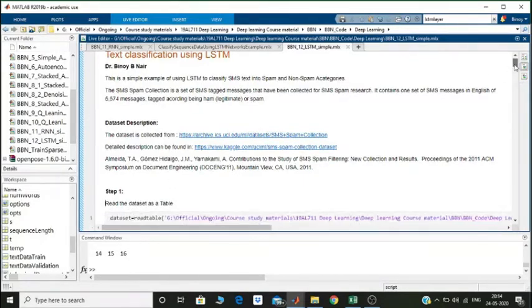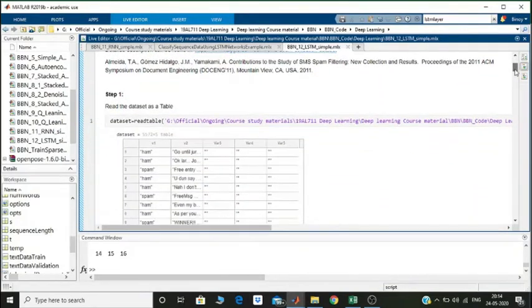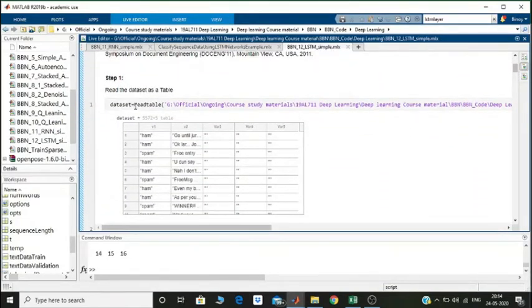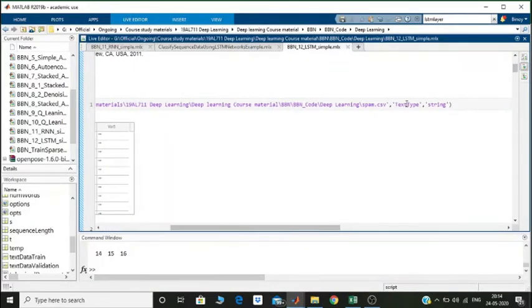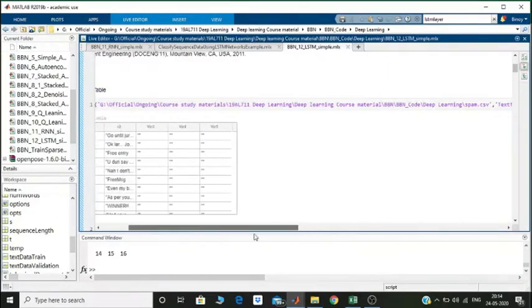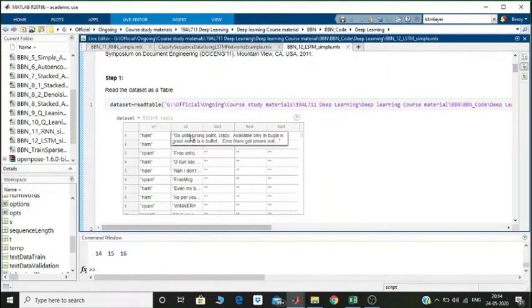form of a table. You can see here I have used the readtable function to read the file. The dataset gets read from the source, and the text type that I am expecting is string, because all the contents are strings. The dataset gets imported as a 5572 by 5 table.